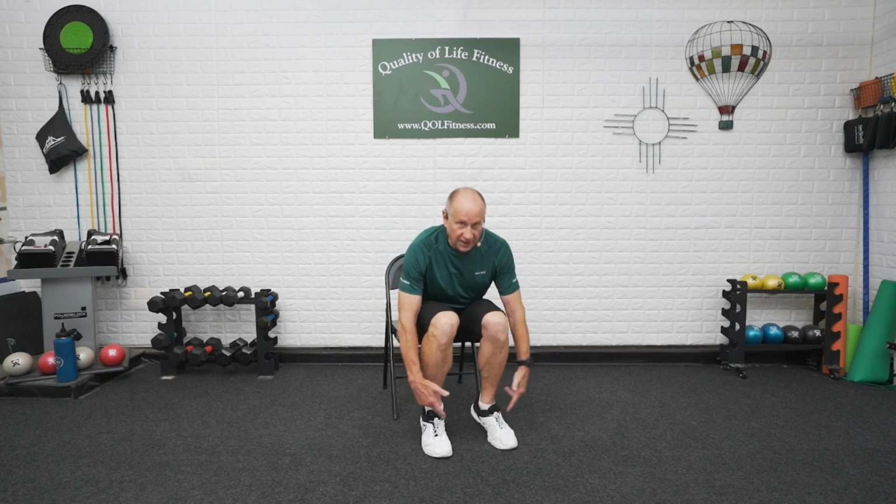So the first thing we're going to do, some pretty basic exercises here. Bring the heels up, working these calf muscles up. But the other thing to think about while you're doing this is not just the calf muscles, but it's also about keeping the ball of the foot on the floor all the way across, not putting the pressure into the toes. Toes are there, give you a little extra support, but for balance. And back down. But you're also getting those heels up as high as you can, pushing down into the balls of the feet,